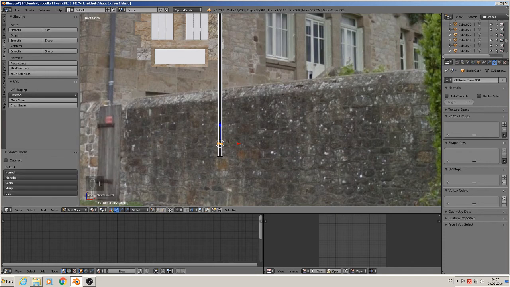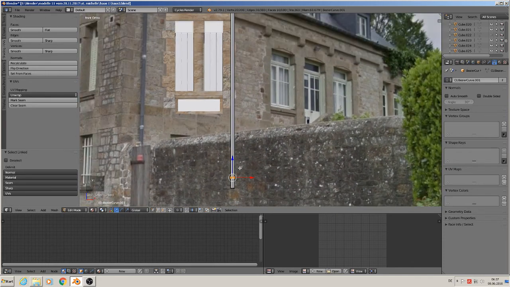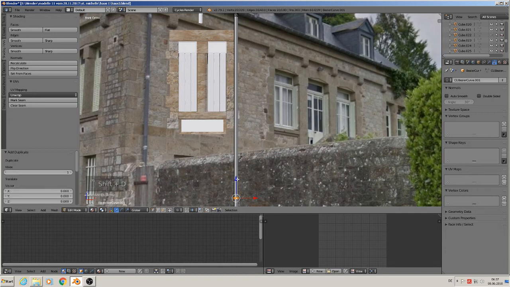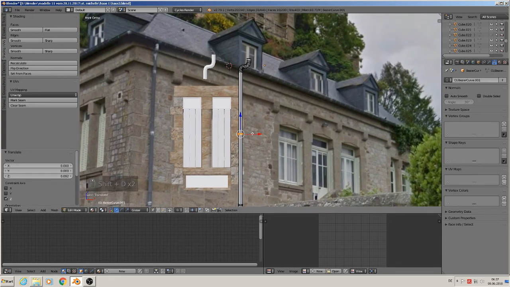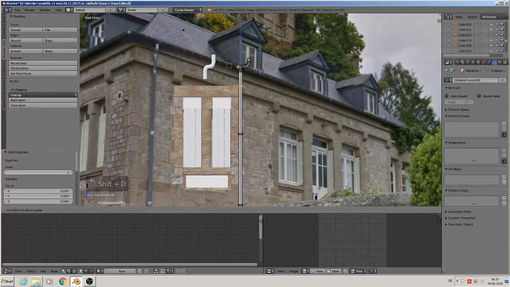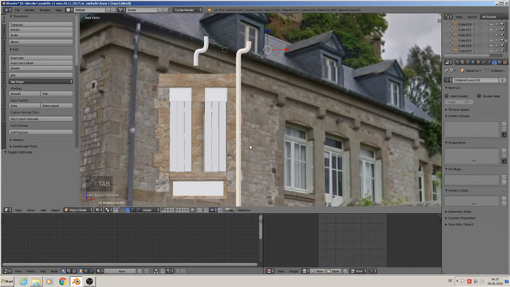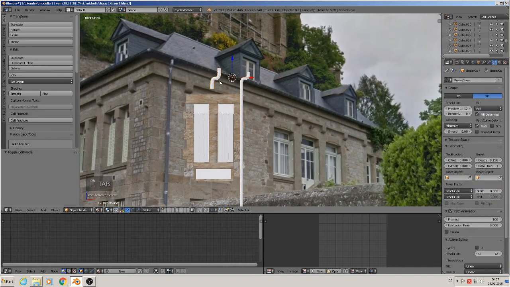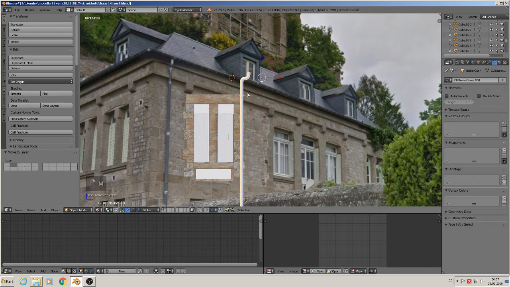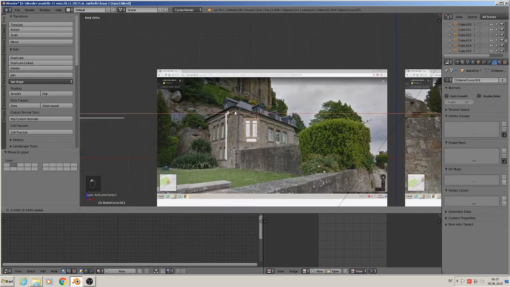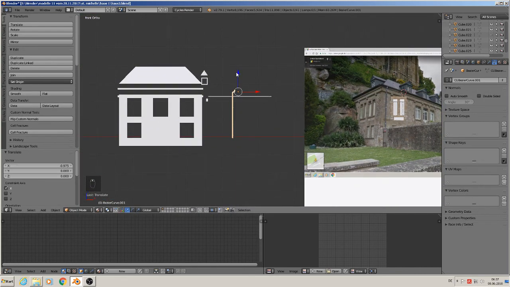With L we can select only this object, then Shift D, make a copy there, and another there, Shift D, and another there up too. Good. So we are done with that too, so we can move that to the second layer, and we have that here. Bring that to the side,